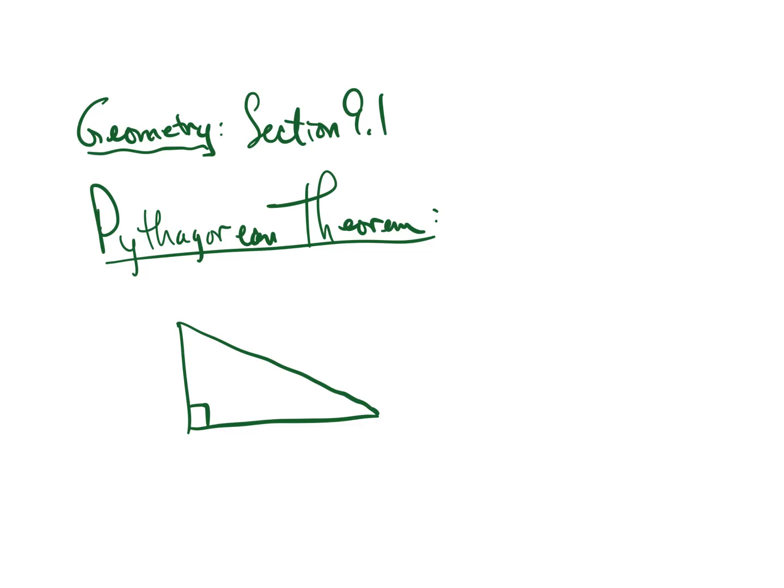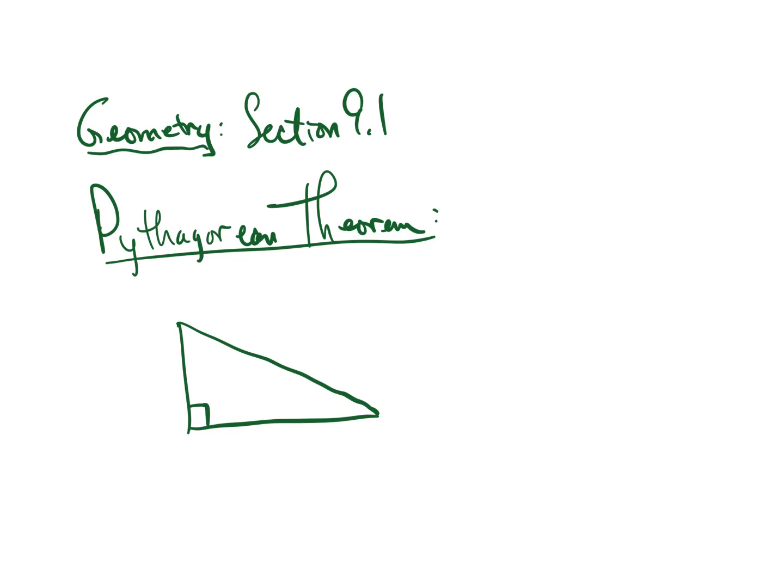Okay, today we're going to finish off the rest of section 9.1. We'd gotten started on this one Friday, and the main topic in this section is the Pythagorean theorem. So mainly for anybody who wasn't here on Friday, just a quick review. The idea with the Pythagorean theorem is anytime you have a right triangle, a triangle with a 90-degree angle, then we'll